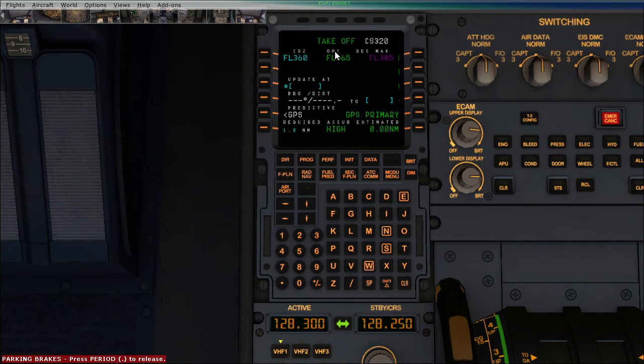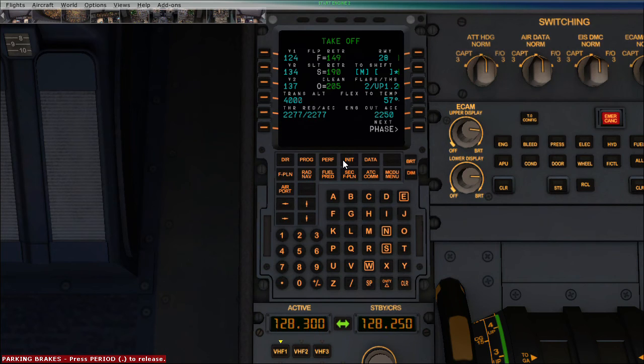Optimum flight level is 365, but the recorded max is 385. Flight level 385 means 38,000 feet; up to 38,000 feet this plane can go. This aircraft can fly up to there, and after this it cannot climb. This is the ceiling of the aircraft.